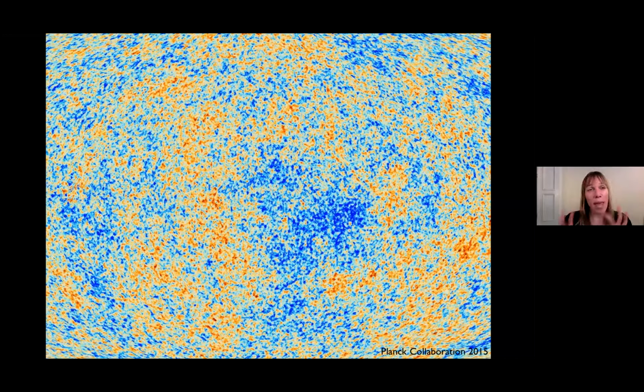And we can compare the different models. So what we did was we said, okay, let's look at the data from the cosmic microwave background right after the Big Bang. What does that tell us about dark matter today for a model where Einstein's theory of general relativity is correct and dark energy is Einstein's cosmological constant, so that number in his field equations.